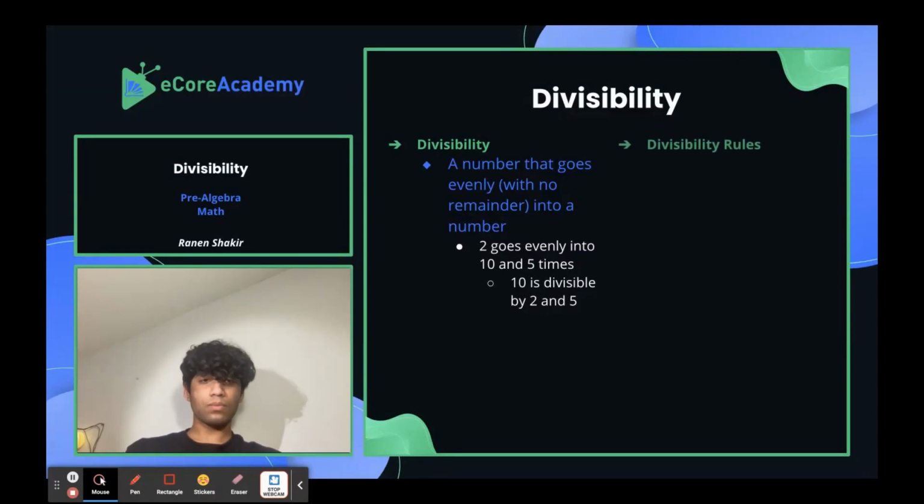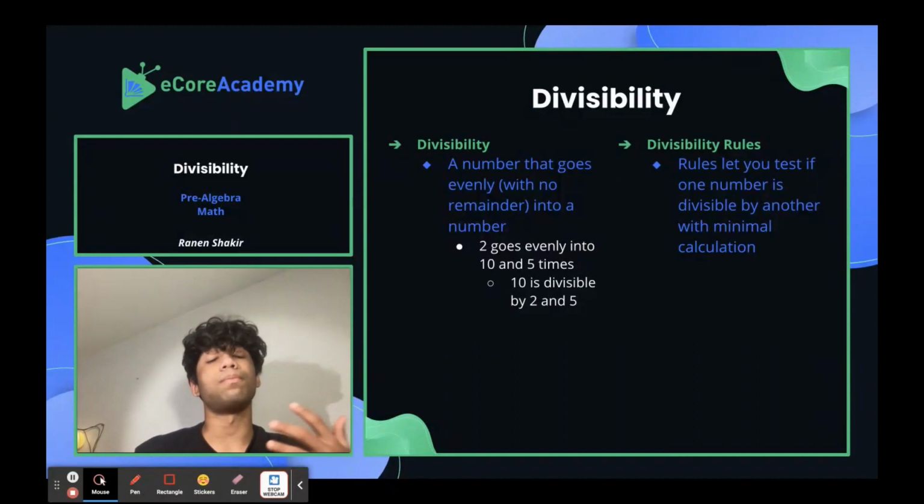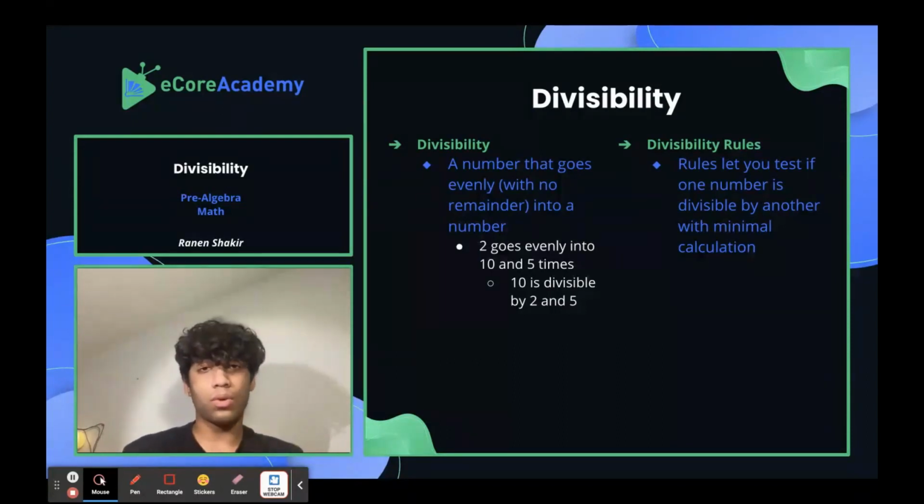Now, divisibility rules are rules that let you test if one number is divisible by another with minimal calculation. So if you didn't know what numbers 10 is divisible by, or what factors of 10 you could have, we're going to learn that. Before we start, I want to explain why 1 doesn't have any divisibility rules,